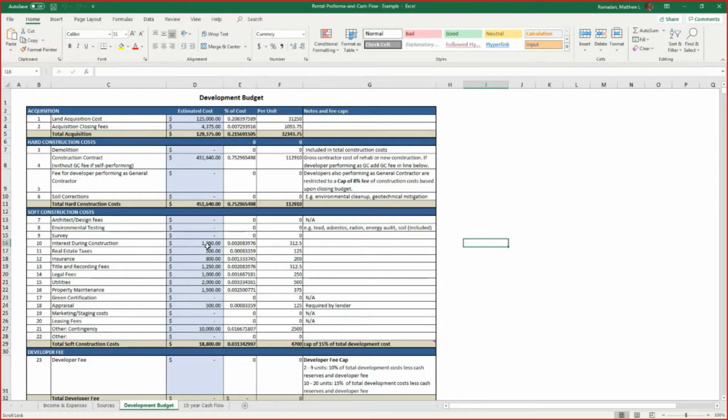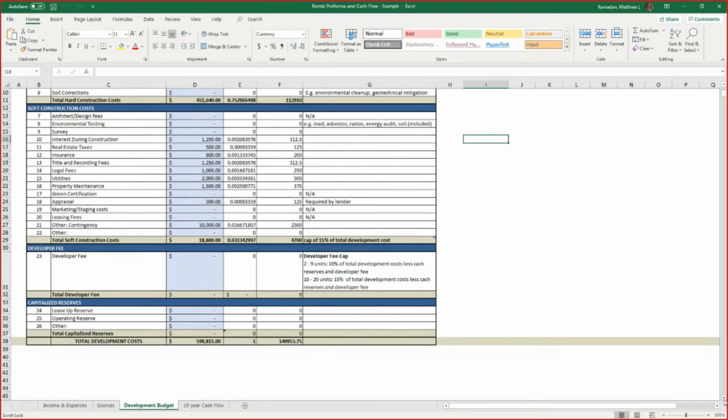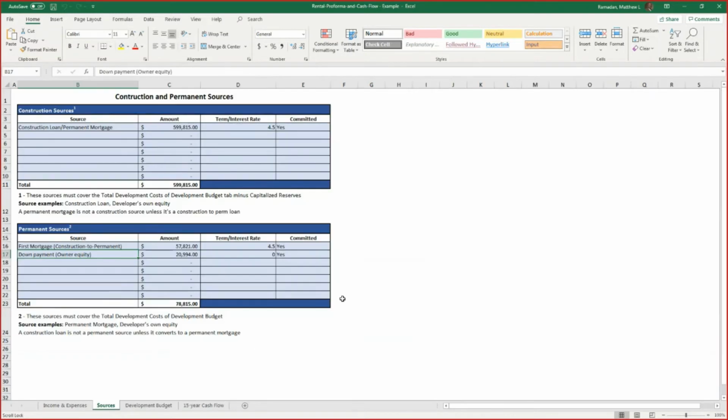They looked at interest during construction, taxes, insurance, title, and recording. Again, these are estimates. These are not hard and fast. The total soft cost came to $18,800 for a total development budget of about $599,815. So just under $600,000. So when we look at our sources, the folks are going to a bank for their construction loan. The bank is saying you have to pay,